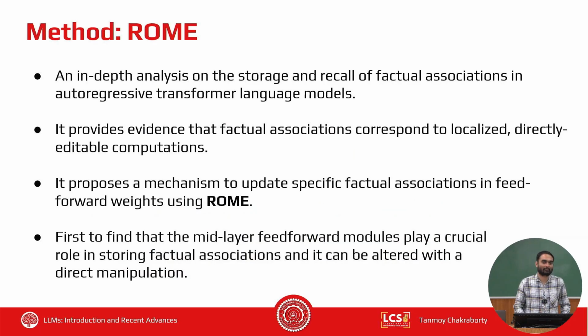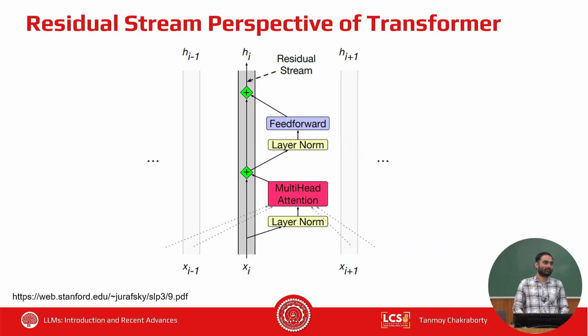So in this paper, how is this ROME paper different from Grace and knowledge editor? Here this is a new paradigm, which is local editing, right? They said that I will first identify the location which needs to be updated, and then I will update that location. Okay. So before ROME, let us understand the transformer model once again,